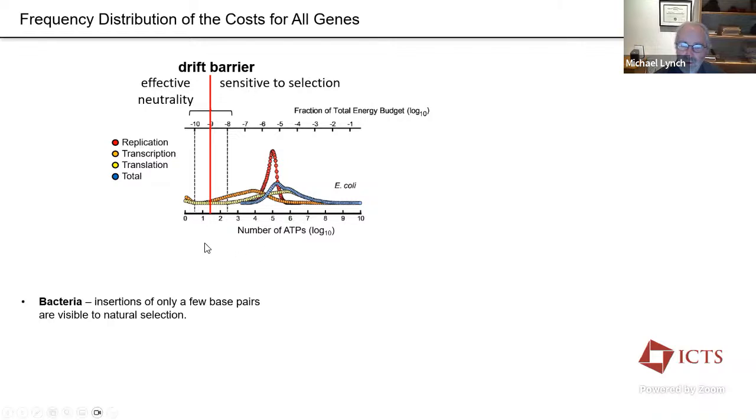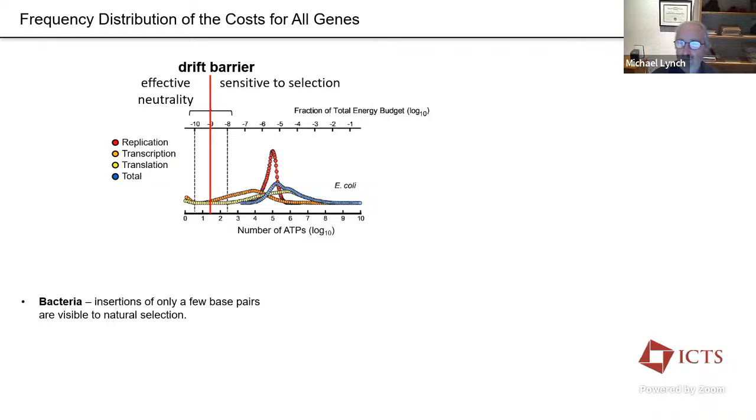Bacterial genomes consist of about 95% coding DNA, very little intergenic DNA, very little, if any, transposable elements, and so on. Any kind of insertion like that that's not paying for itself in terms of fitness is easily discriminated by natural selection in a mutant containing that variant.